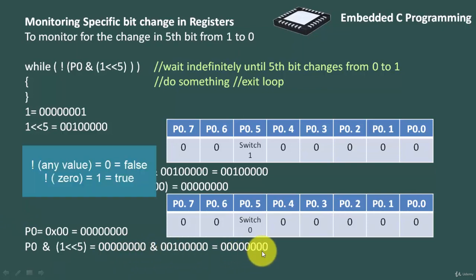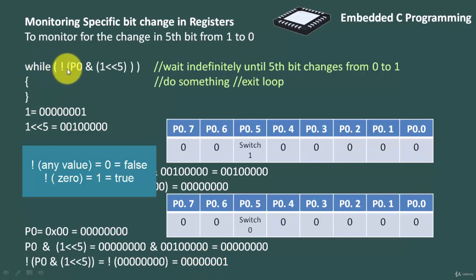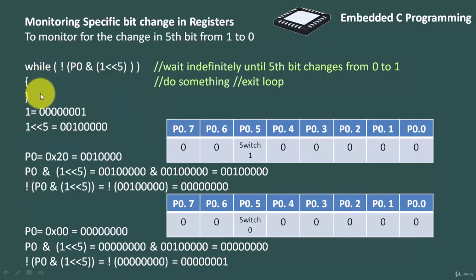Then the logical NOT of this value will result in 1. Logical NOT of 0 is 1. Now, since it is 1, that means true. So while true, the loop will get executed. So this is how you monitor changes